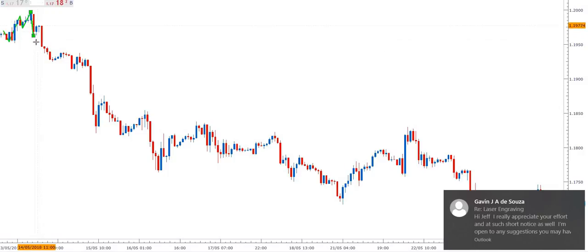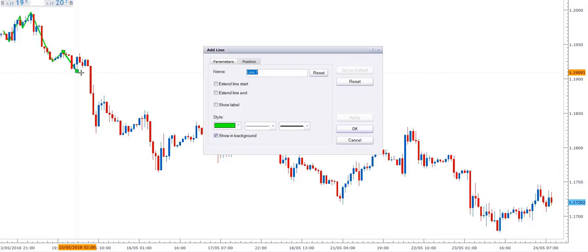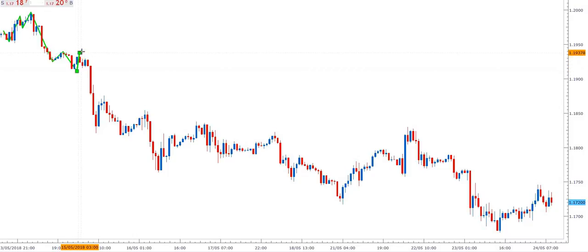I'll just quickly do these. That was all sideways, so that can go down to there, and then that was all up until this down candle, so that was the peak there. Then the price came down to this low point, then the price came up to that point, then down, up, down,